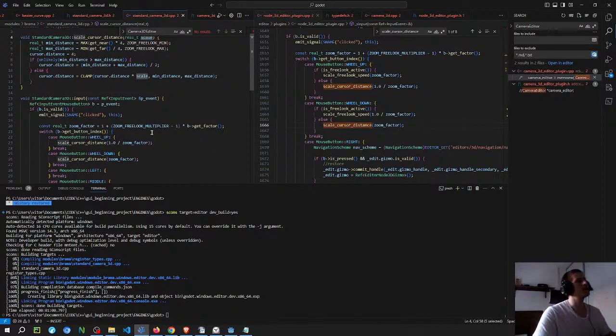Yeah, so what I have to do is figure out how to translate the camera, which I think I can get from the GD script. So based on the distance here, I can